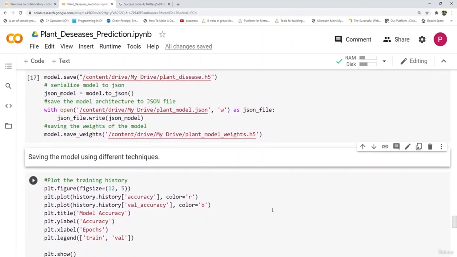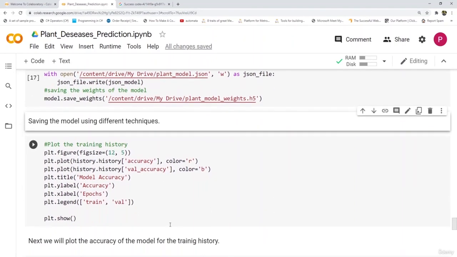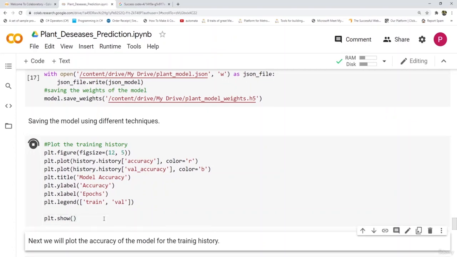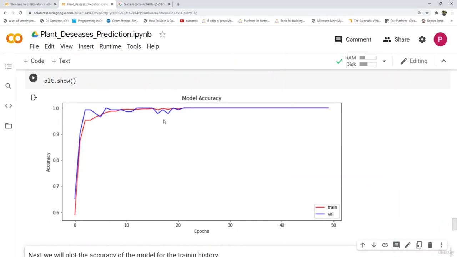Next, we will plot the training history. This will show us the accuracy of the model throughout the training. Let's visualize this. Here you can see that after 20 epochs, the training and validation accuracy were the same.